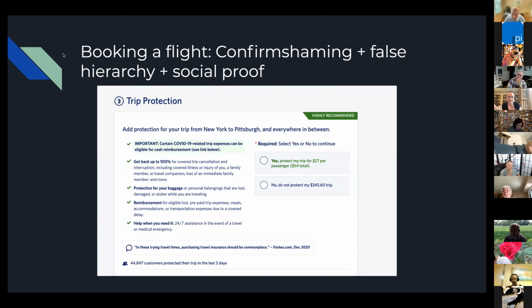And so this is an example from Delta. I think this was Delta. Lots of flight booking websites use tons and tons of dark patterns. So I thought this would be a good example to look at the different tactics stacked on top of one another. So I had just gone through and booked a trip from New York to Pittsburgh, put in all my info, and